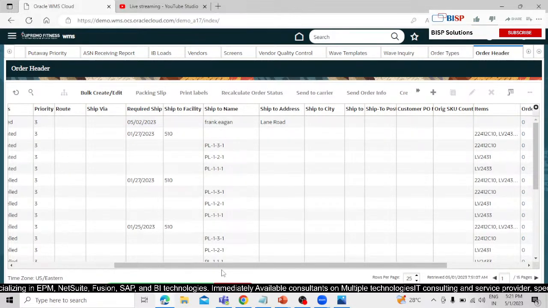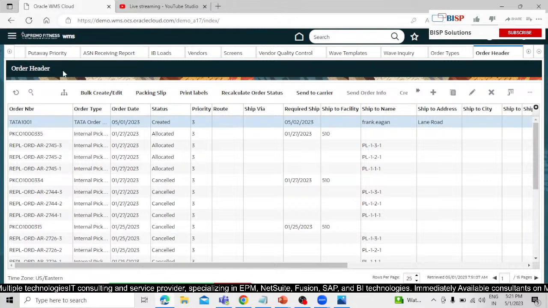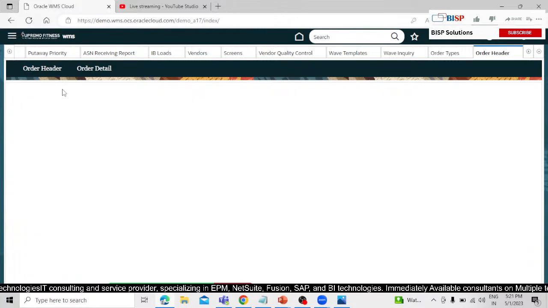So this is our header, order header, and this is, you can say, the outbound order, right? So after creating this order, we have to specify the item, like the item being ordered and their respective order, right? So select the record and click on this detail icon,